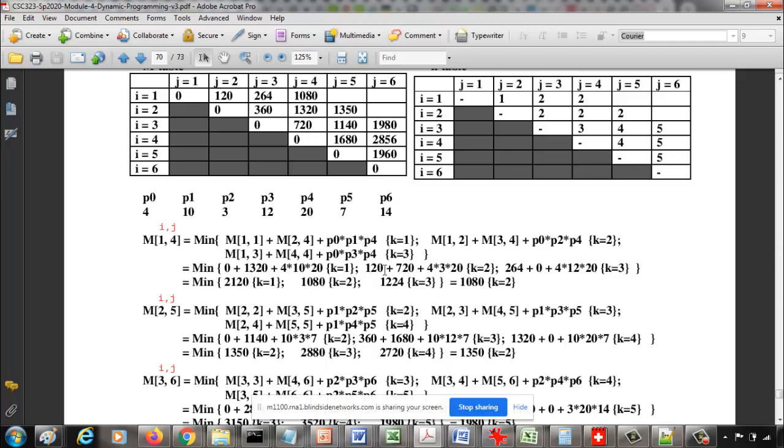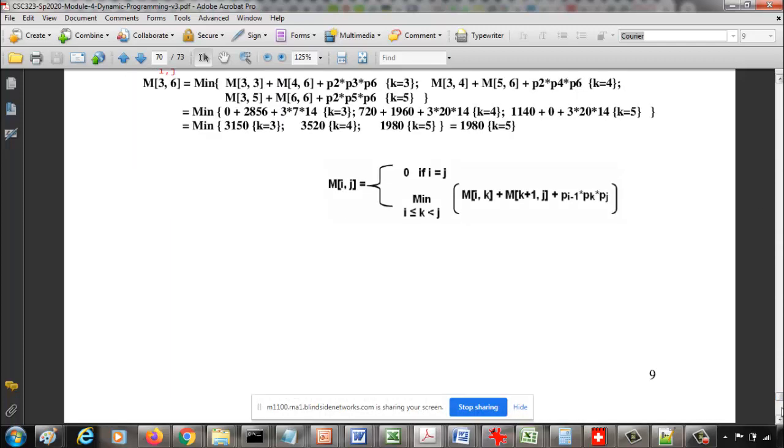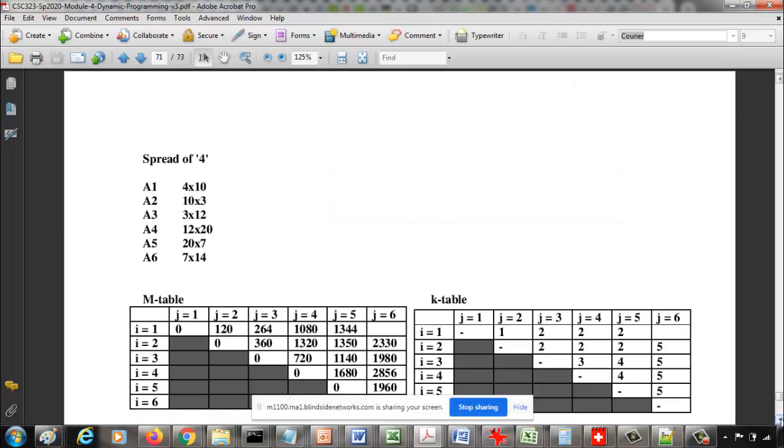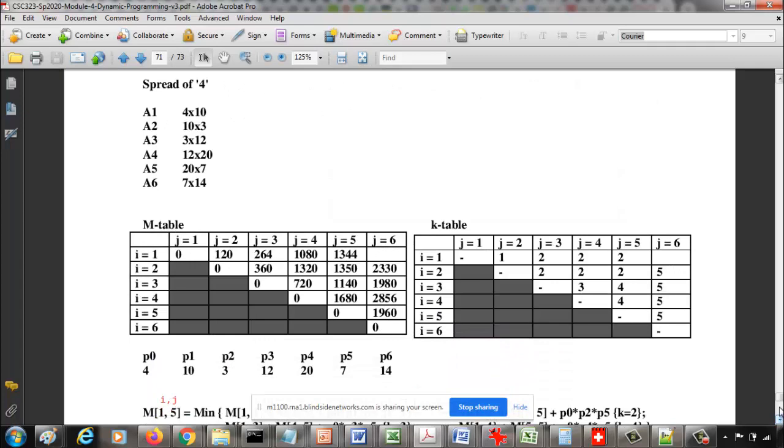So you may wonder, what if there's a tie? So let us say I get for 2 k values the same minimum value, 1080. You could break the tie in any order, it doesn't matter. Most of the cases you don't get it, but in case you get a tie, just pick one k value and record that here. So you could pick any k value for a tie. So you do all these things, and then finally for a spread of 5,